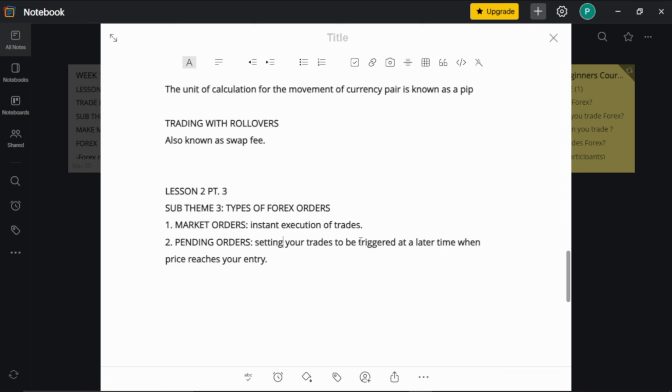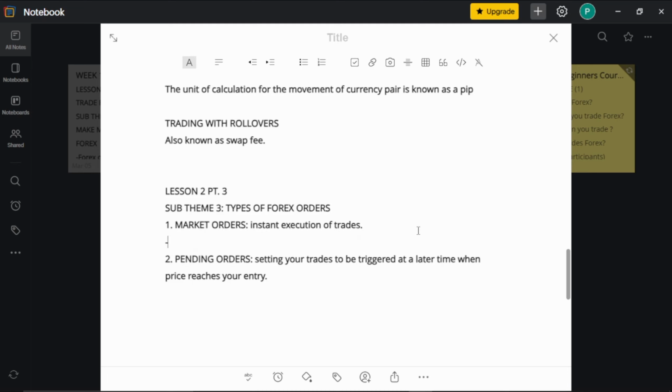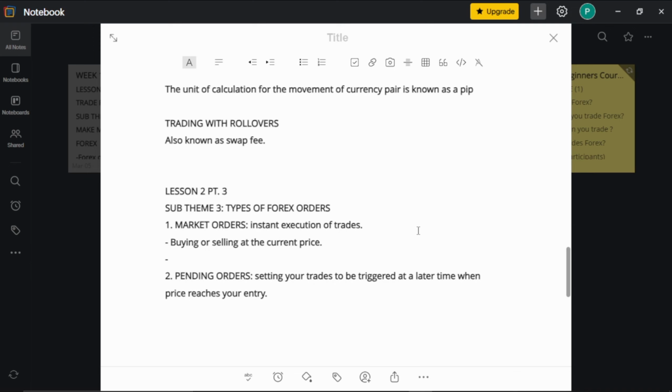So now, market order, you're buying at the current price. That's one thing you have to note. In market order, you're buying or selling at the current price. Right? And then also,